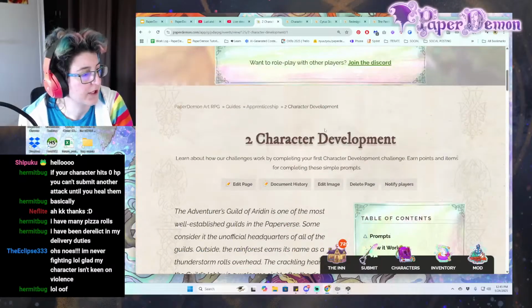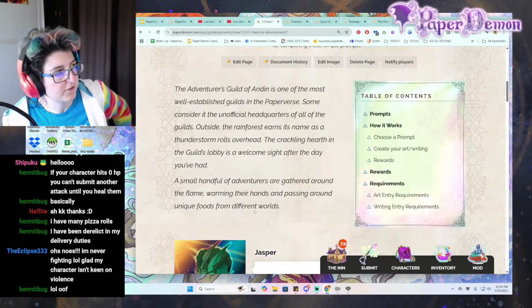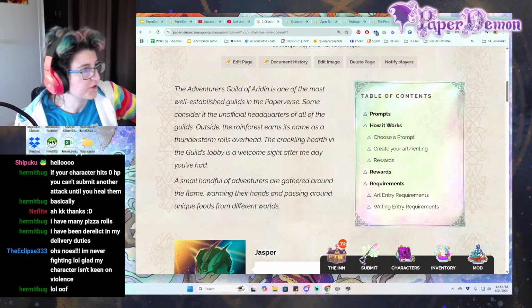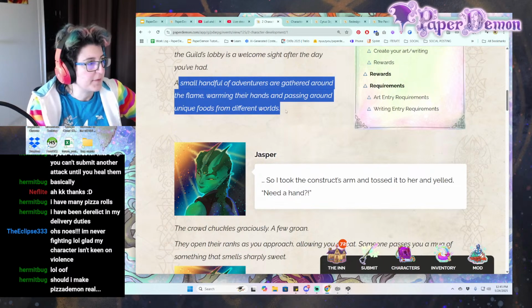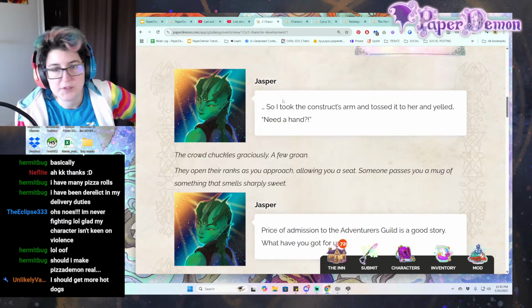So we're going to scroll down here, and it's going to show you a scenario. You have arrived in the Adventurers Guild of Aridin. It is one of the most well-established guilds in the Paperverse. A small handful of adventurers are gathered around a flame, warming their hands and passing around unique foods from different worlds. And here's one of our NPCs, Jasper,